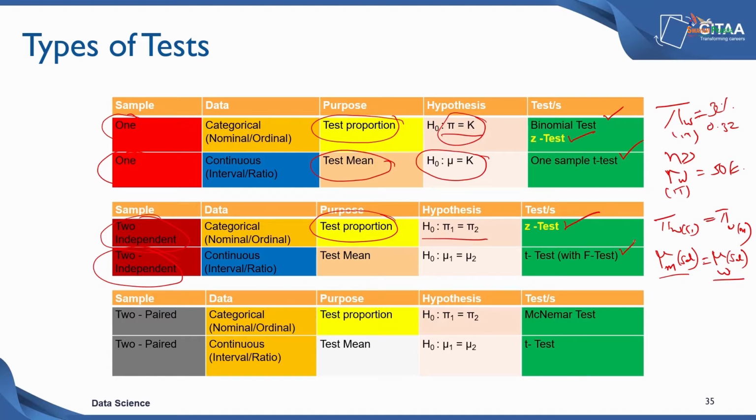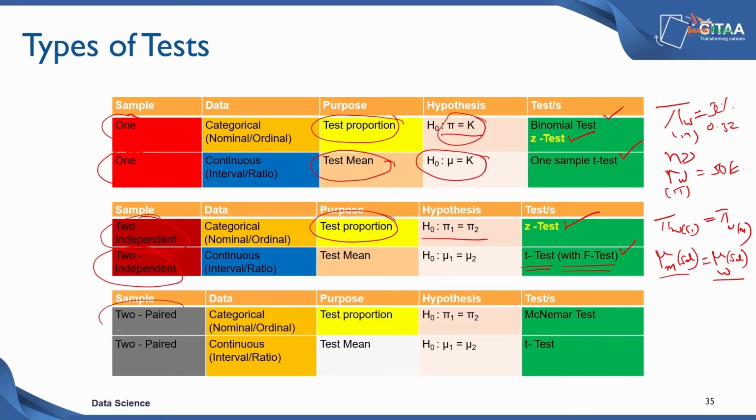But because you are handling two different populations, you first need to check whether the variances between these two groups are similar or not. So the kind of test you end up using, the kind of formula you use to compute the test statistic, varies slightly. So you first check whether the variances are different between the two groups using the F test, and depending upon the result of that, you will use the appropriate t-test to see whether there is a difference between the salaries of the two different groups.